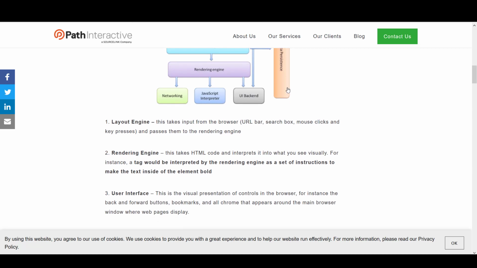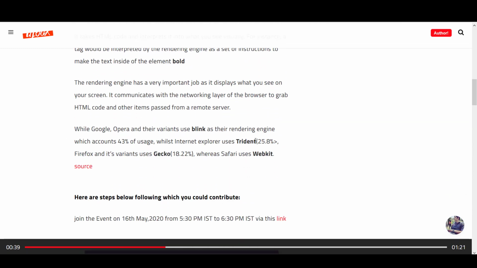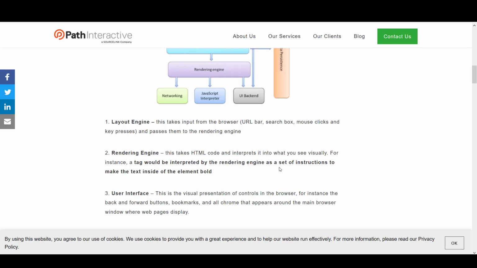Different setups use different rendering engines. Google and Opera and their variants use Blink, which is a pretty large number, 43%. Internet Explorer uses Trident, Firefox and its variants use Gecko, Safari uses WebKit, and so on. These are pretty similar to each other, but a lot of functionality varies, at least in older versions of CSS.